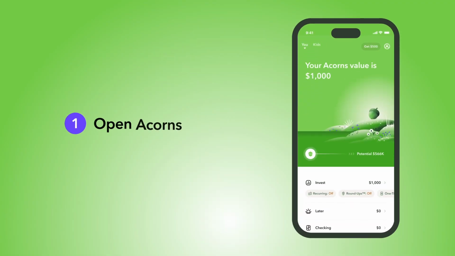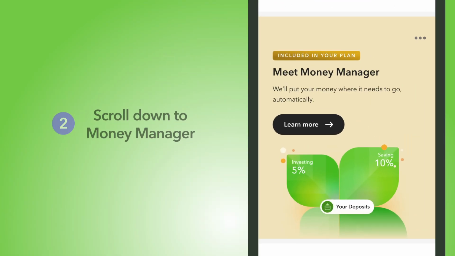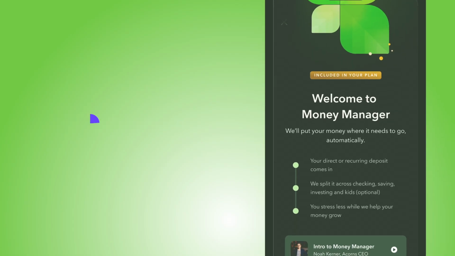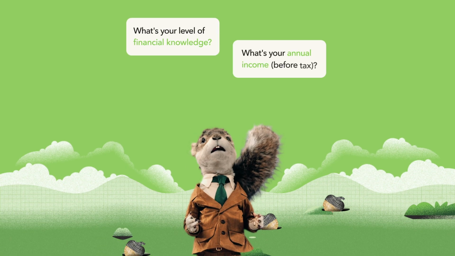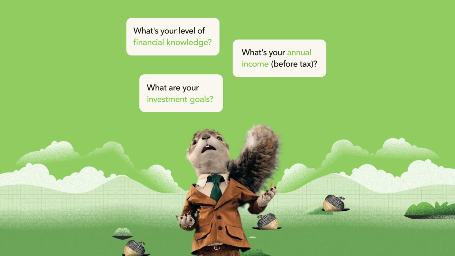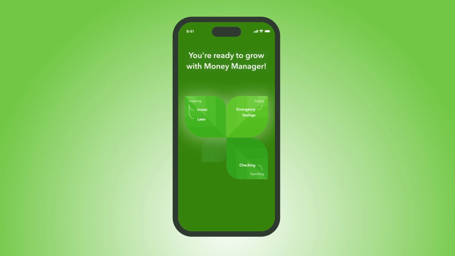From the Acorns app home screen, scroll down to Meet Money Manager and tap Learn More. Then tap Next. Here, we'll ask you a few questions about you and your money to get a holistic view of your finances. After answering those questions, we'll set up all the accounts that Money Manager needs to get to